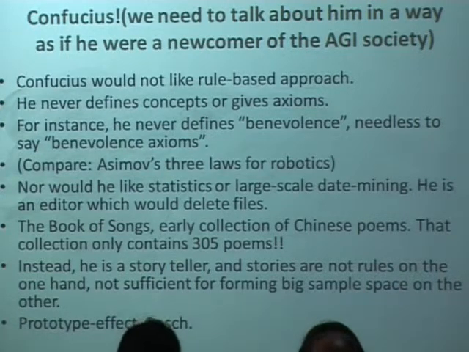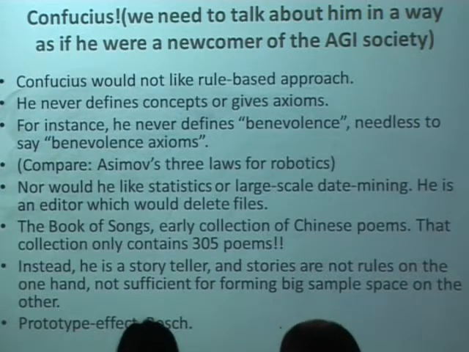It's very hard to translate ren. I think most people translate it as benevolence, and he will not give the benevolence axioms. And if you would give benevolence axioms, what would you do? You would use Asimov's three laws of robotics. Okay, if you want to say we can put benevolence in the axioms, maybe this is the first law of